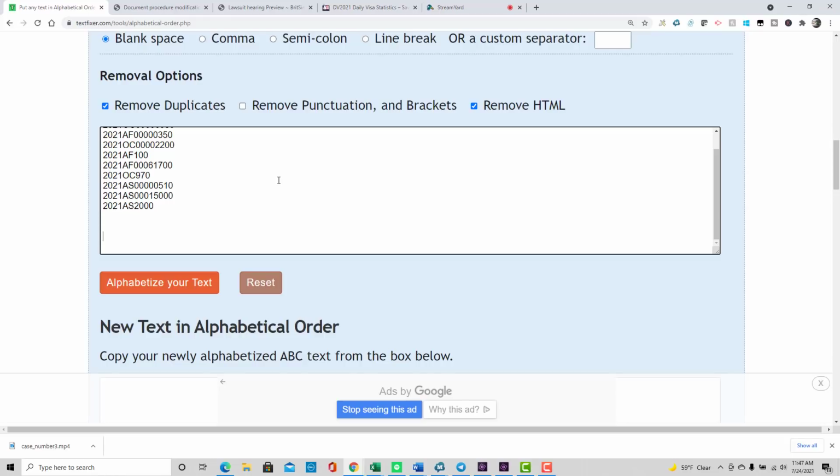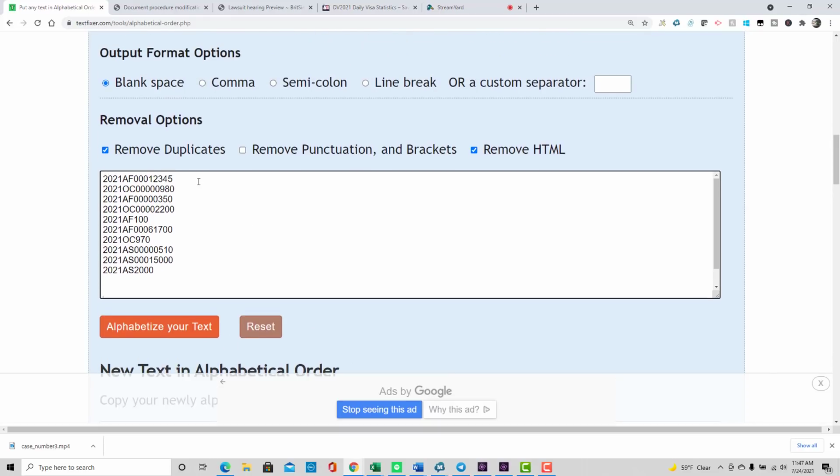Now, if everybody's been told to put in just the case number in the subject and nothing else, then you would look at an inbox like this, and you would have a list of case numbers as subjects. And if you told Outlook to sort them alphabetically, how would that work, right? So I've put in a few case numbers here to illustrate my point. I've mixed up some AF, OC, and AS region case numbers for a start. I've put in full case numbers with the leading zeros. So this one is case number 1, 2, 3, 4, 5, but it has 3 leading zeros, right?